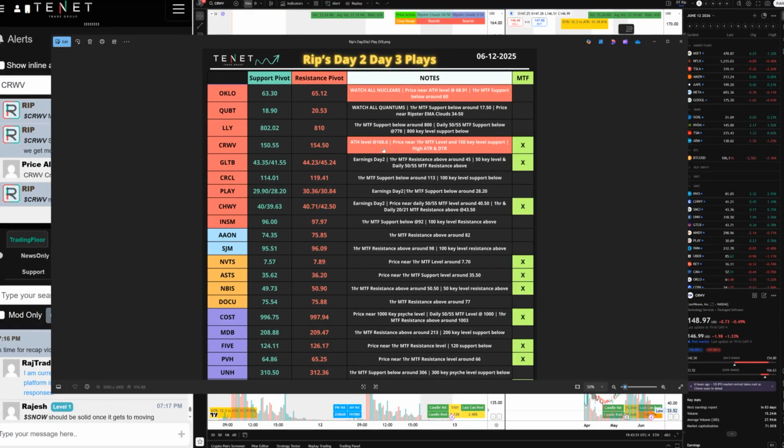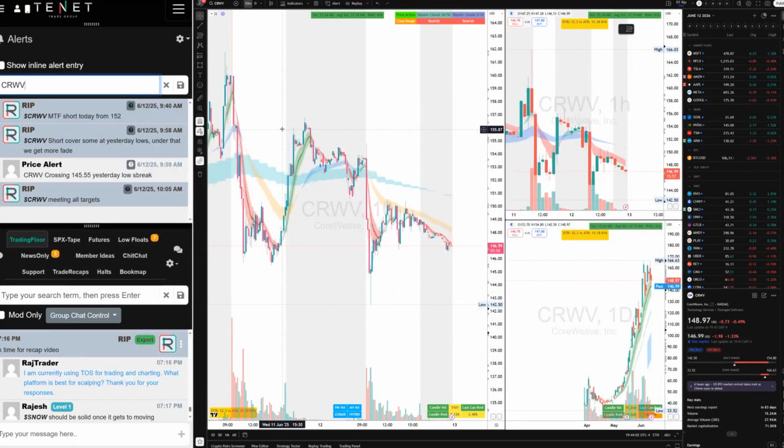Highlighted as a red setup, it means it's a high focus setup. This was the level I gave as support. This was the level I gave as resistance. I also told the traders in the pre-market that it's an MTF setup. See, our strategies are repeatable strategies. They work 80-90% of the time. You just need to focus on the right tickers, and you don't need to get frustrated when it doesn't work.